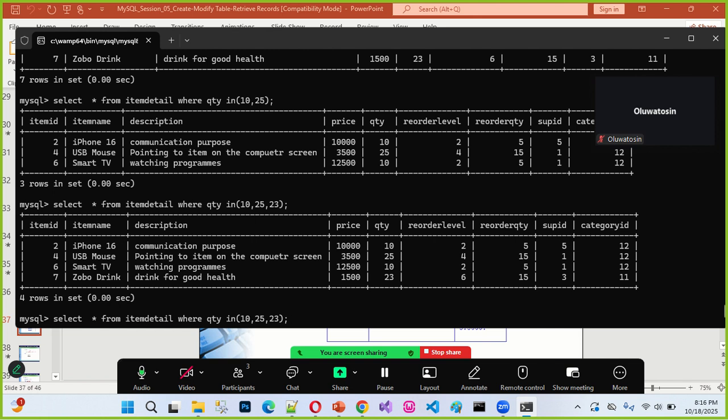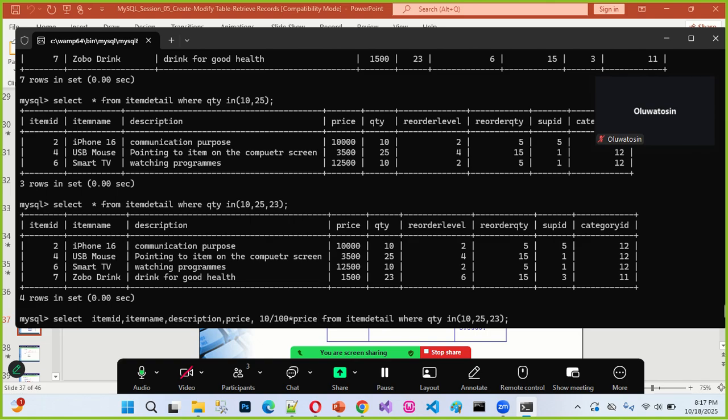When I specify the column names here, I can say item ID. I want to retrieve this column, I want to display item name and item description. And after description, I want to return the price. After the price, I want to compute the discount for the price too. So here now, I will specify the formula by saying 10 over 100 multiplied by price. Do you get it now?